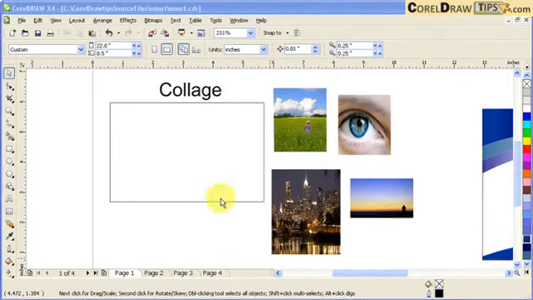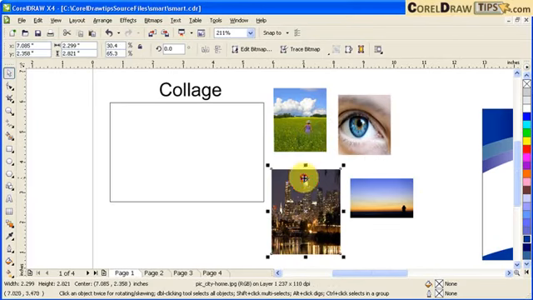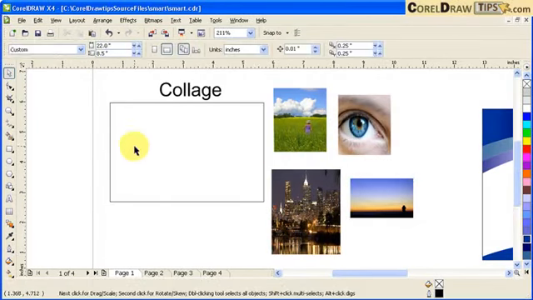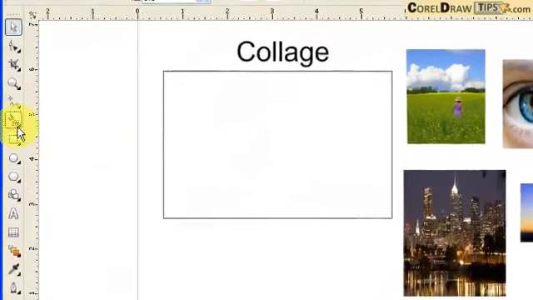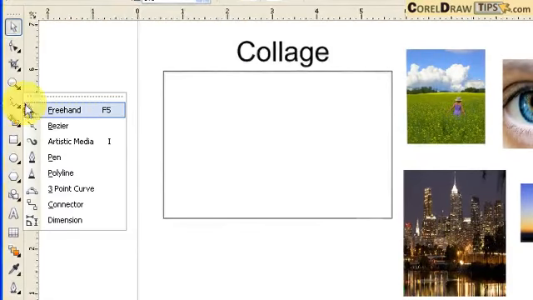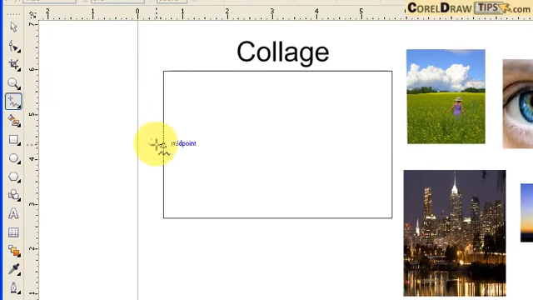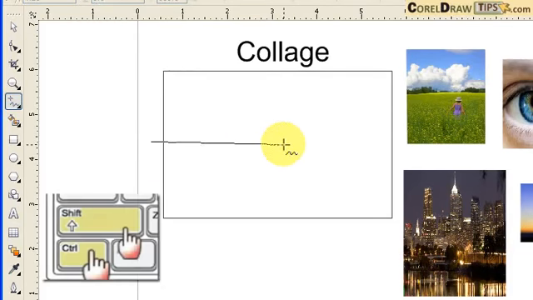Okay, another use for the Smart Fill tool is making collages. We're going to work on these 4 images here, and we're going to make a collage. First, we're going to make straight lines and then apply Smart Fill. So to create lines, I go to F5 or my freehand tool. Now I click somewhere here, and in order to make a straight line, you hold Control Shift, and it will restrict to a straight line,